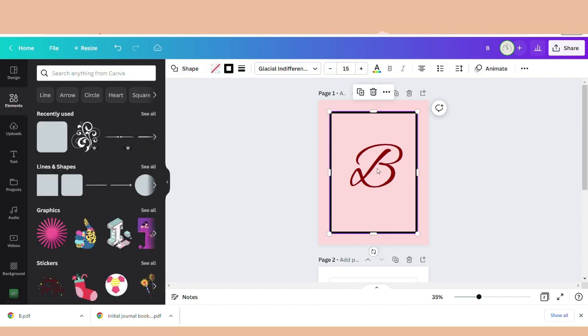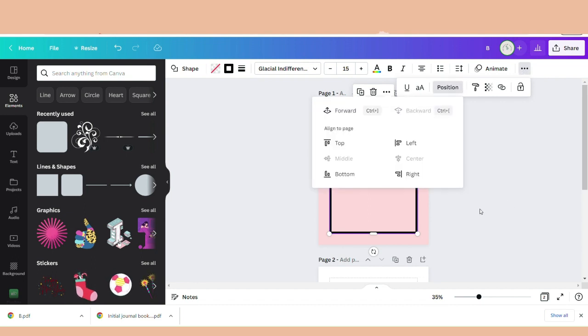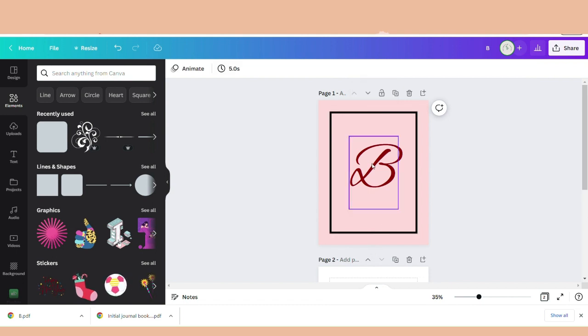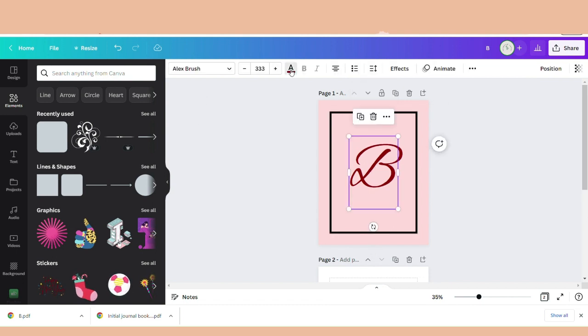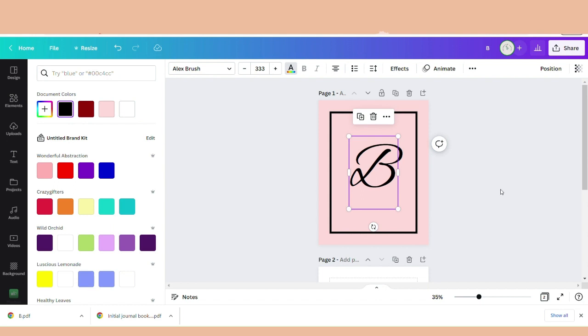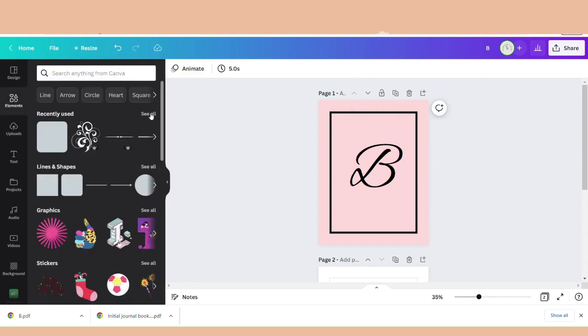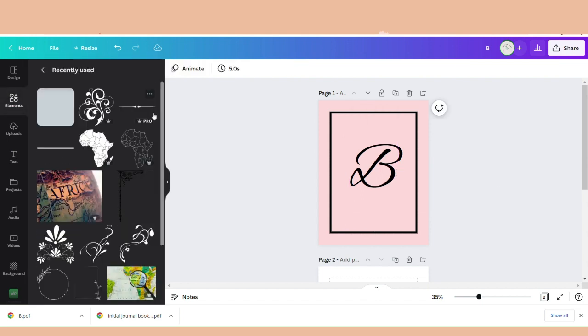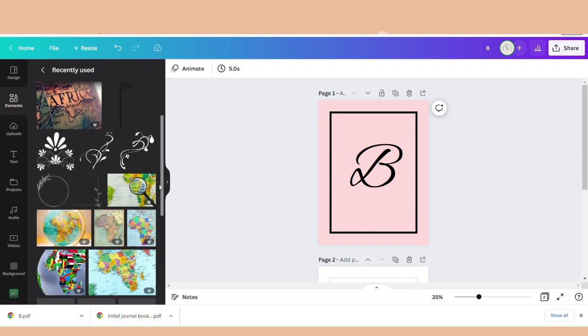Yeah, it's perfect. So I'm going to push this to the back. So I click here, position, and send it backward. And then I would like to change this color to black. Yeah, that's perfect. Now I'm going to look for some embellishment that I can use on my,